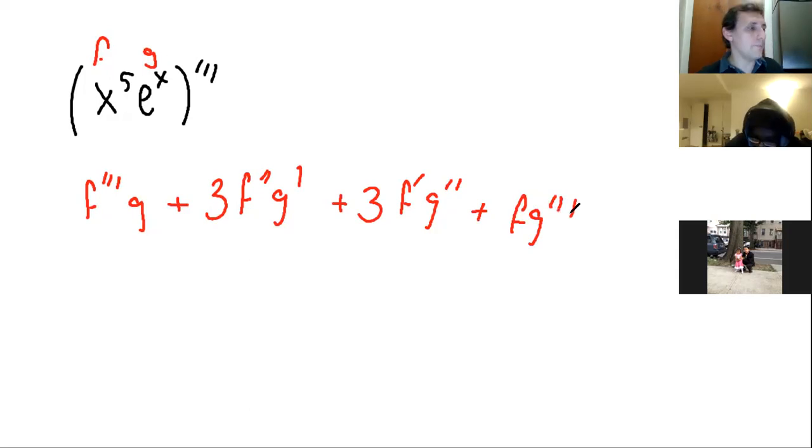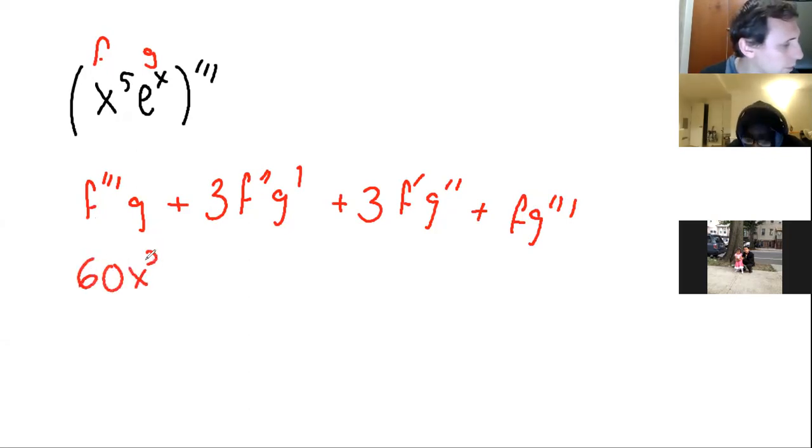Now, what is the triple prime of x to the 5, right? So here I have x to the 5. I take 3 derivatives. One derivative is I have 5 dropping. The next derivative I have 4 dropping, right? So it's 5 times 4, it's 20. The next is 3 dropping, right? So 5 times 4 times 3, what is that? That is 60, yes? So we have 60 x squared e to the x, because g is e to the x,